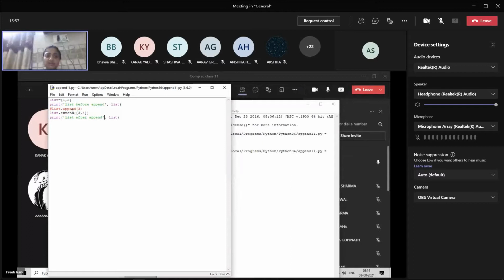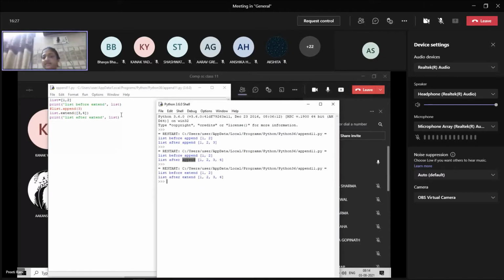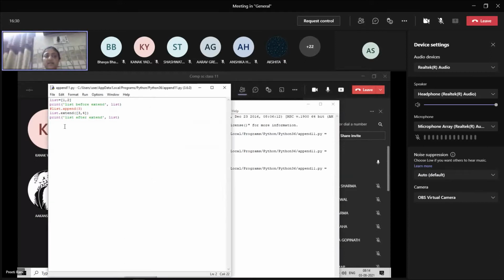I think in the last class we have already discussed. This will be the answer, right? List before extend and list after extend. Now see, I'm just making minor changes in that. Instead of extend, we are writing append.